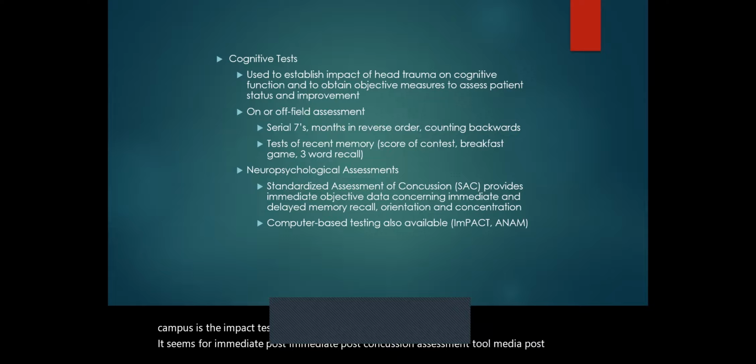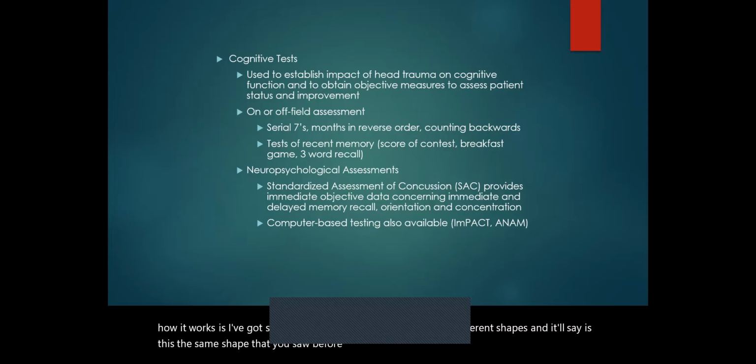Yes. And how it works is I've got some pictures later on, but it might have different shapes, and it'll say, is this the same shape that you saw before? There are some different things that the computer will automatically assess. So processing speeds can be something, the ability to follow directions, different things like that. So it's not like, oh, you got an 80%, you don't have a concussion, right? There will be some baseline information that it collects. So usually at the beginning of the season, and then after that injury itself. So we can compare kind of where you score before injury, after injury, and compare those and see how much